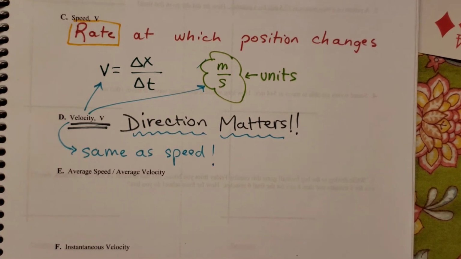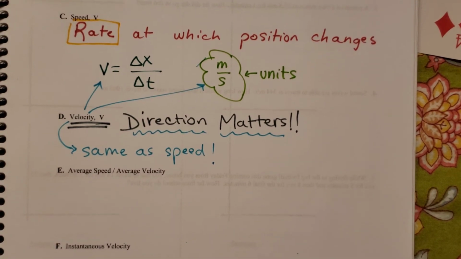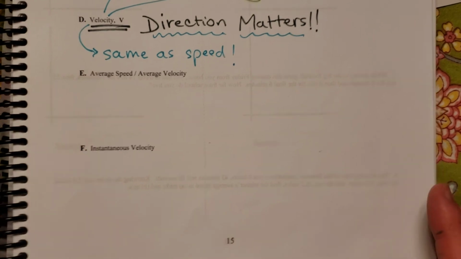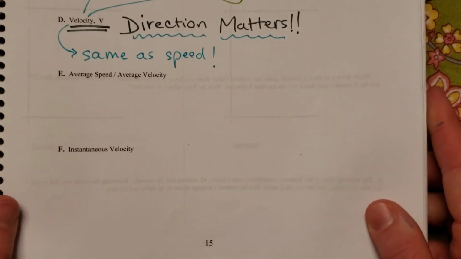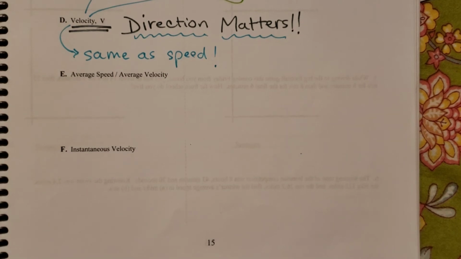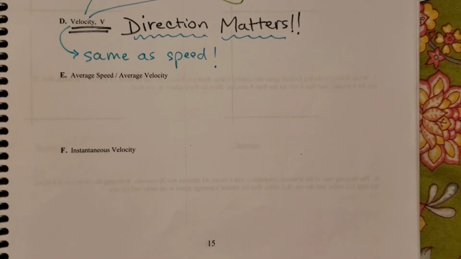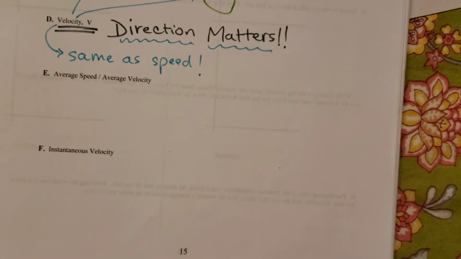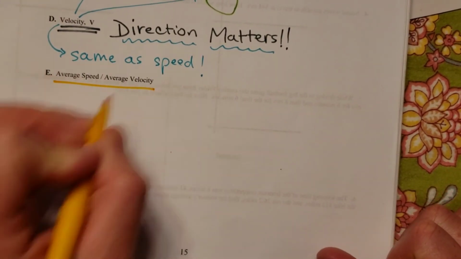Average speed and average velocity. Well, you know, we're not going to use average speed and average velocity that frequently. It is good to know that when we're thinking about the average, what we're thinking about is the total time and the total distance. So when we're thinking about the averages here,